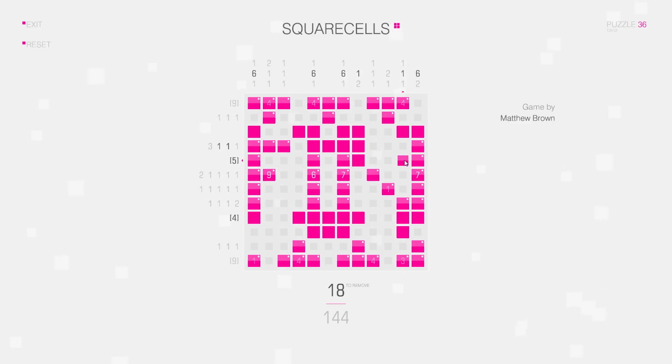Let's see what would happen if I would put it here. This would complete my group of 7 squares now, but I would still need 1 more square to complete this clue here. 6 connected squares, either like this or like that, right? So in fact I can't have the remaining square in this row here, because it would interfere with the group of 7 squares here, so I can delete this one, and the square has to be here. That completes this column here. I can delete these squares,